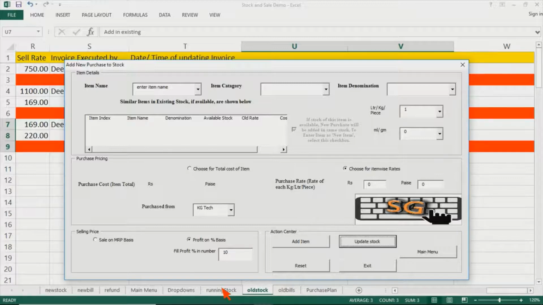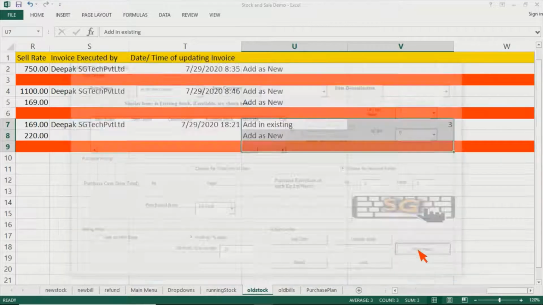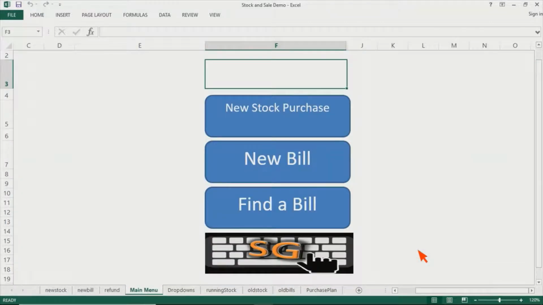Okay, and the item which was not available in the present inventory, that is Amul cheese spread, it might have gone into a new row of the running stock. The new stock items have also gone into the old stock worksheet. As I told you, in future, sometimes you are required to look back on old purchases for the shop. Then you can go back and refer to this. Okay, now the purchase part is over. All your items have been entered into it.